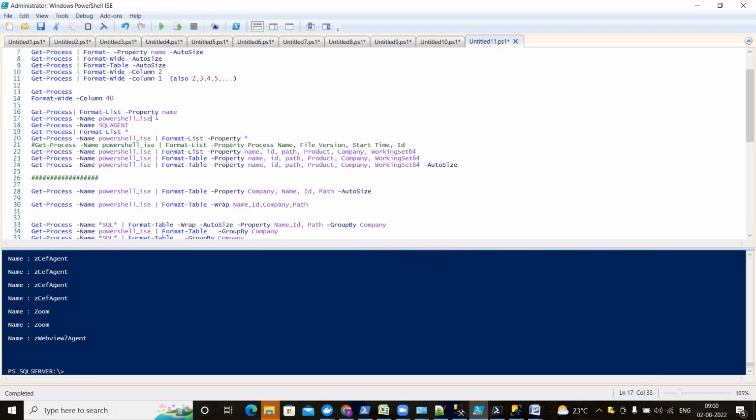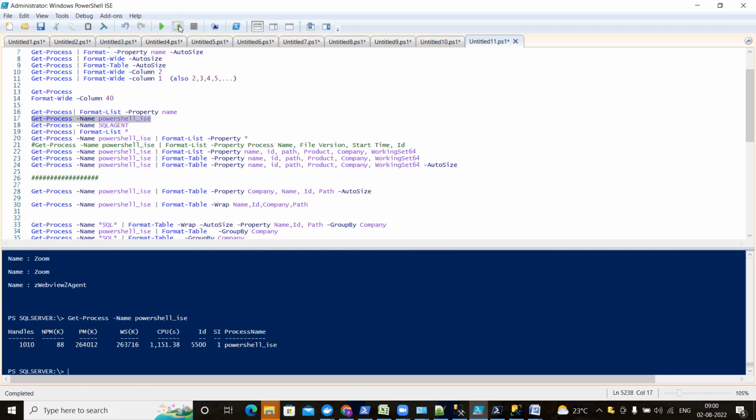So if you want any process, you know the process name, and you want to see which processes are running, it will tell you about the PowerShell ISE. I have given the name for that process, and it gives a few results. But if I want to see more results, there are multiple results, so I can go with the pipe symbol,